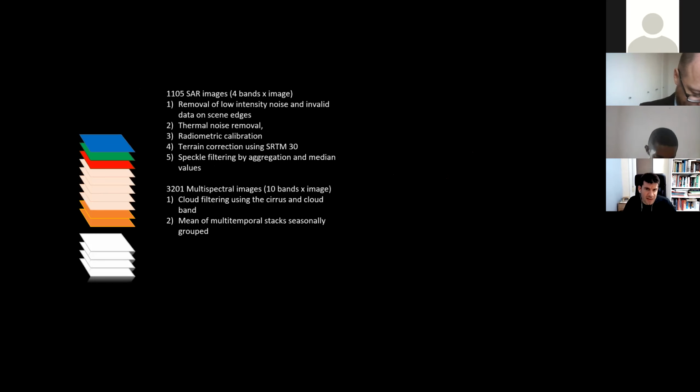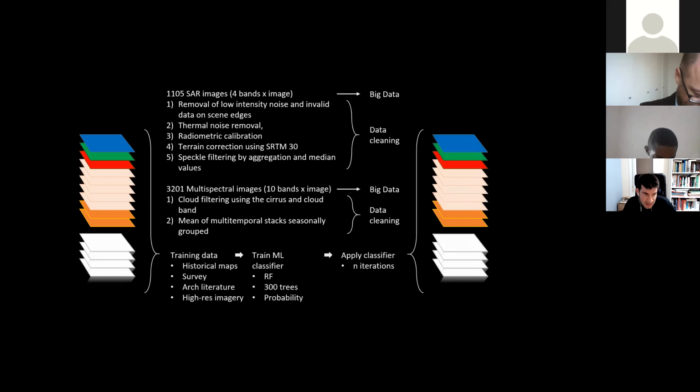Okay, so the final version had more images, but we can say we use more than 1,000 synthetic aperture images and more than 3,000 multispectral images, which effectively constitute big data. Every Sentinel-2 image could be up to 8 gigabytes, so you can imagine the amount of data we are talking about. This big data went through some data cleaning to be able to be treated. And then with these composites joining synthetic aperture and multispectral data, we use them to extract our training data, train